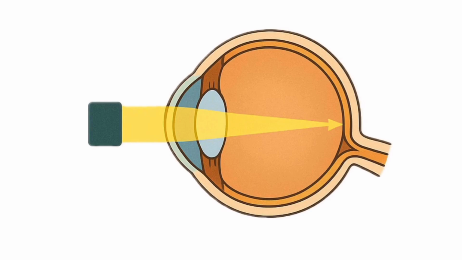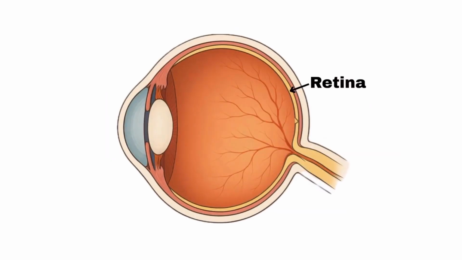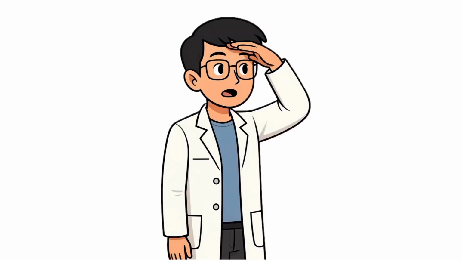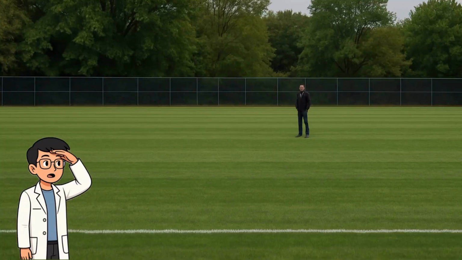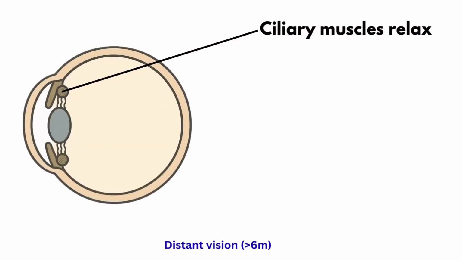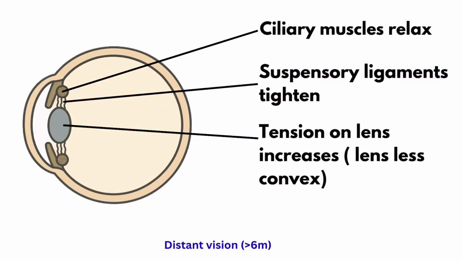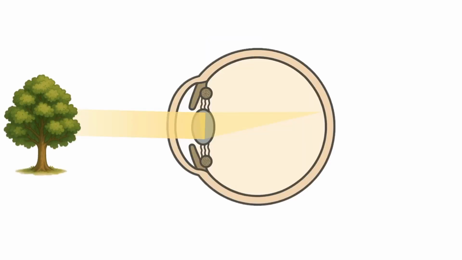Accommodation basically means the eye is changing the shape of the lens to make sure the image always lands sharply on the retina, which is the light-sensitive layer at the back of the eye. When you look at something far away, like a mountain, a signboard, or someone waving from across the field, the ciliary muscles relax, the suspensory ligaments tighten, and the tension on the lens increases. This makes the lens flatter and less convex, which means it bends the light less so the rays can focus